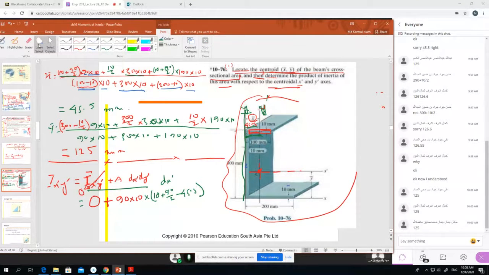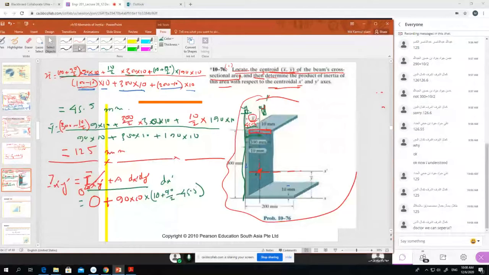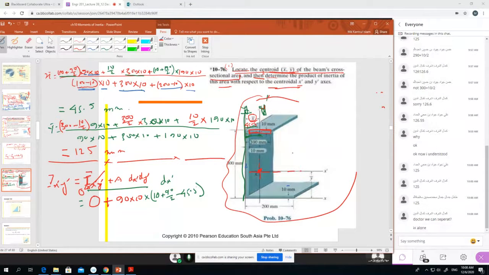Most probably you don't understand because it is a complicated diagram, so I will draw it again. Doctor, can we just separate? Can we separate? Yes, you can separate, you can do it any way, but